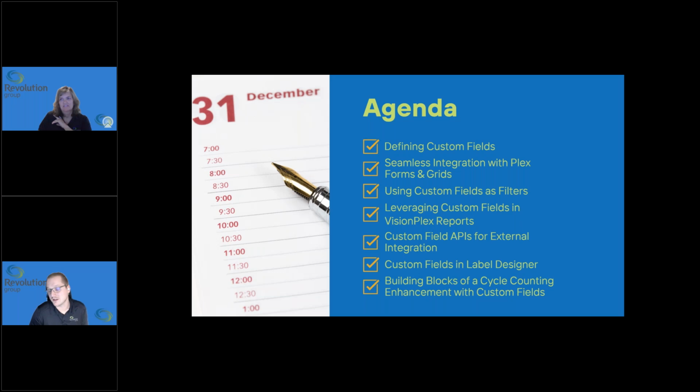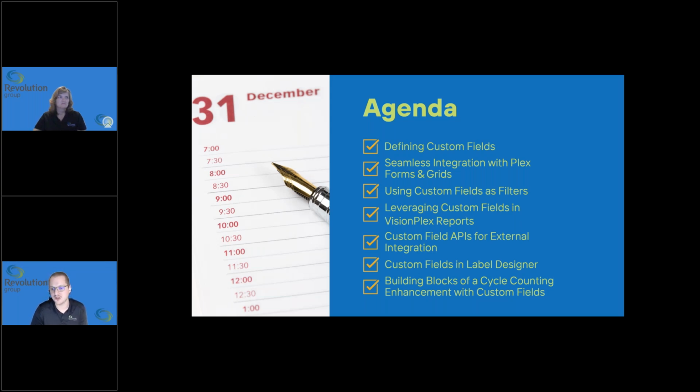Today, we're going to go through custom fields and custom objects. And not just that, we're going to be going through it from really problem-focused viewpoints and solving kind of real-world problems that we've seen with custom fields. So we're going to go through some definitions of custom fields, how those link in with forms and grids, how we can use those as filters on Plex application screens, how they can be added to Vision Plex reports,